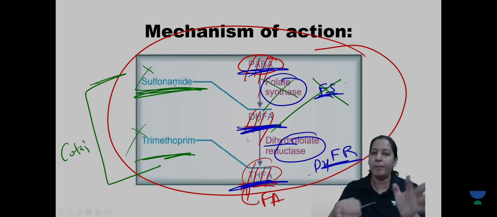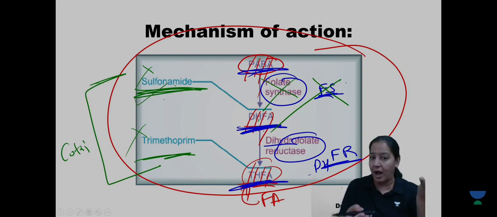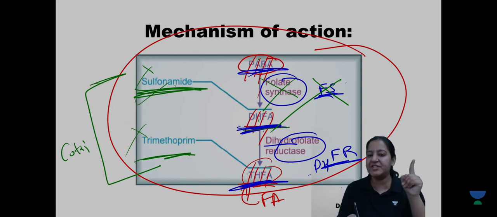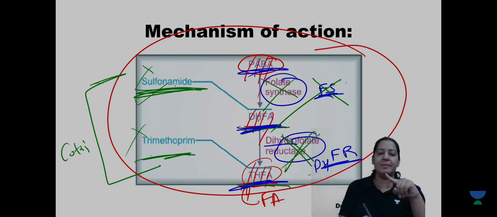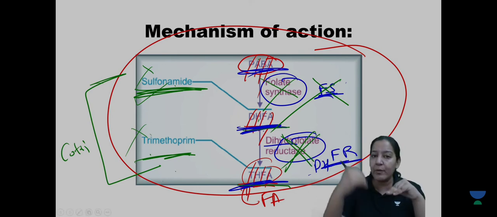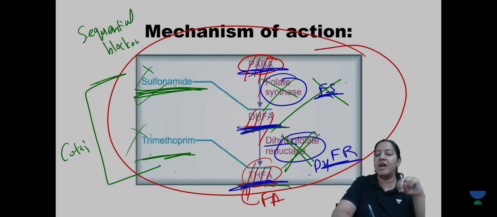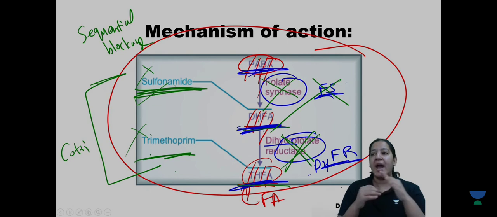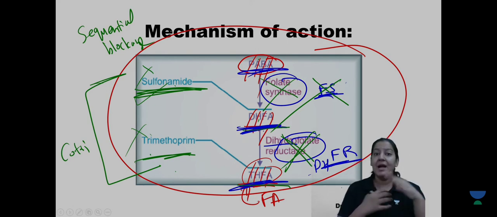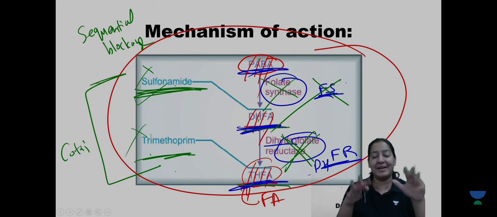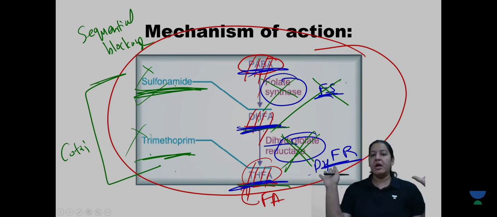गलती से थोड़ा बहुत कन्वर्शन हो भी गया, किसी ने रेजिस्टेंस क्रिएट कर भी लिया, तो the second conversion, that is DHFA to THFA, dihydrofolic acid to tetrahydrofolic acid, is done by another enzyme, dihydrofolate reductase, and that is inhibited by trimethoprim. Right? So it is a sequential blockage. What is it known as? Sequential blockage. So the two drugs in combination are doing sequential blockage, and they are complementing each other's action. Is the word complement suitable here? Yes, they are complementing each other's action, and that's why this is the best combination. Give me a thumbs up.